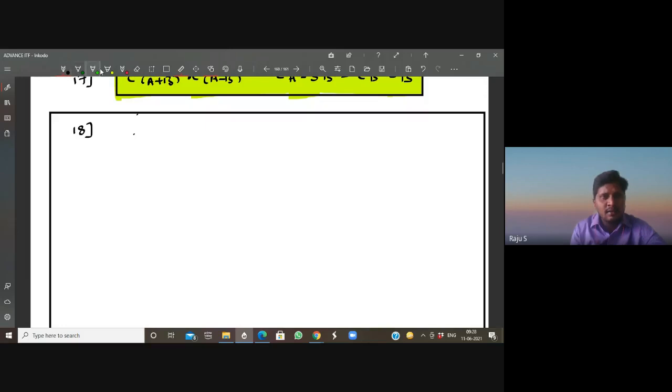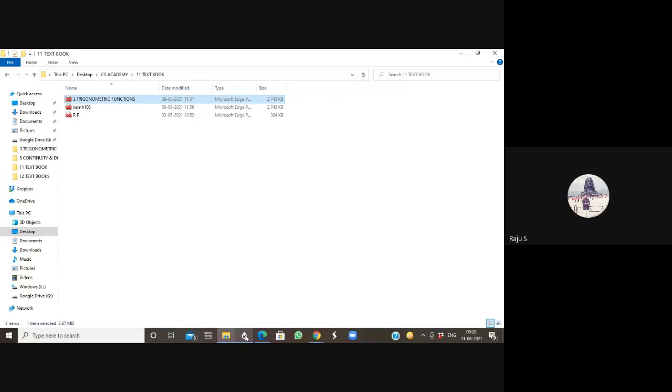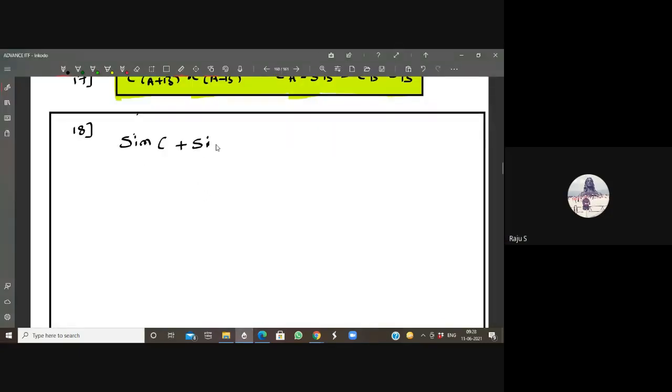sin C. First, try to remember the formulas. I'll explain very briefly later about C and what these formulas are about. Sin C plus sin D is equal to 2 sin (C+D)/2